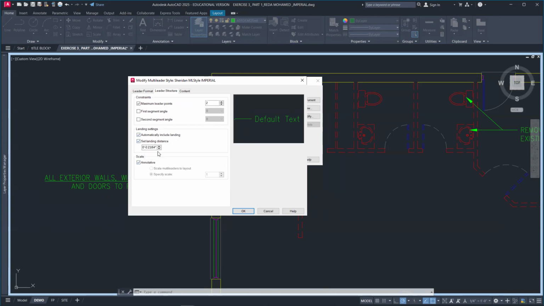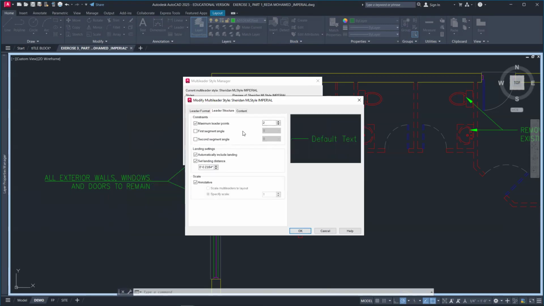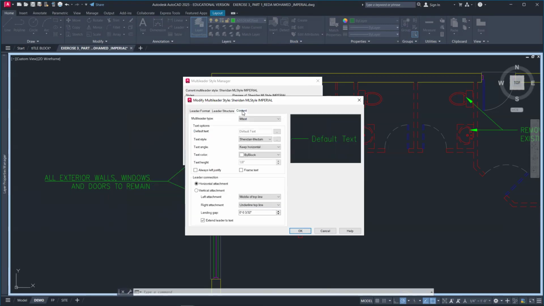We do want that. Set landing distance. Landing distance looks okay, right? And then let's go to content. I think if we change this, let's say to small, then we get 116. Okay, so maybe we'll try that. And then